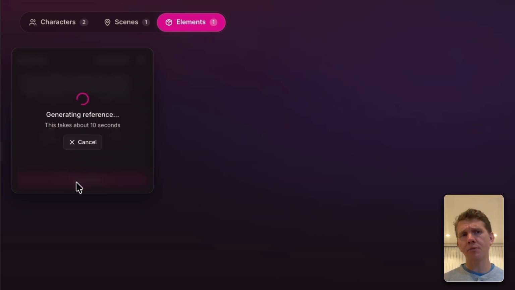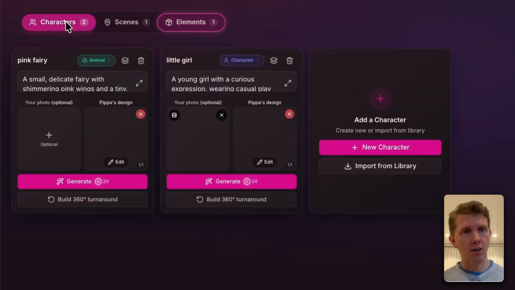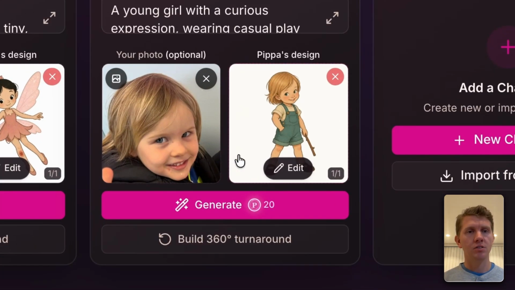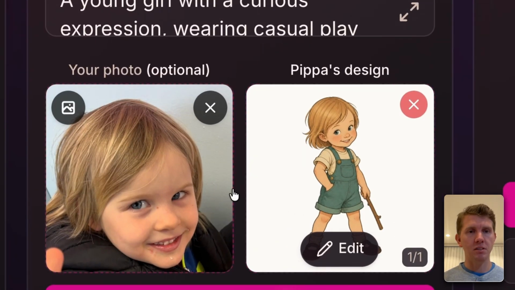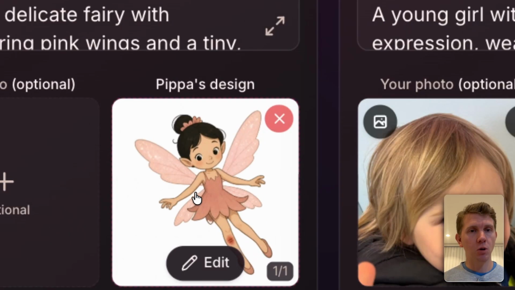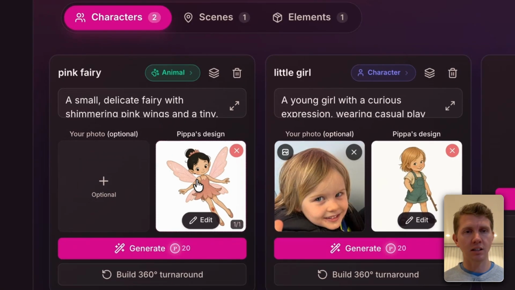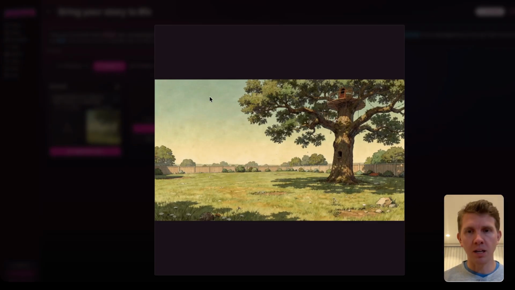Now, you don't have to generate elements or scenes. All you need to generate are characters in order to click continue. Let's see how these came out. So, under little girl, there's my daughter, and there is Pippa's design. You can see how close that is, and I'm really happy with it. Under the small pink fairy, it came out really well, even has the boo-boo on her knee, like in the story. If we click on scenes, there's our big backyard with a big, very cool